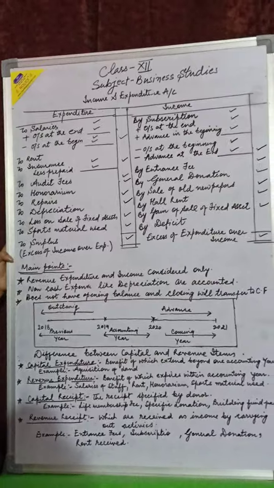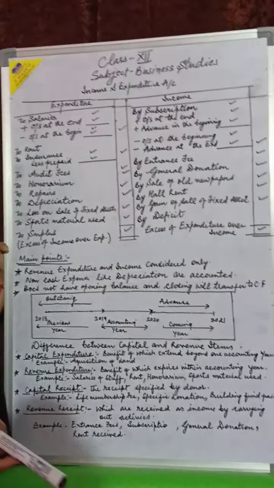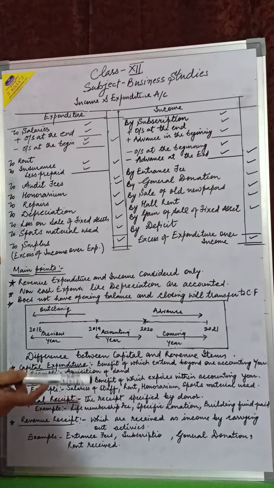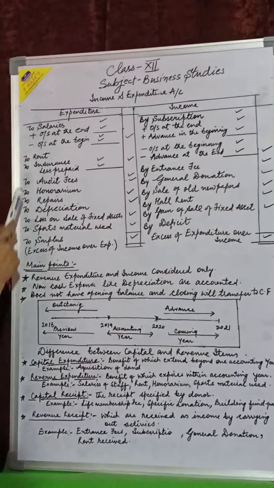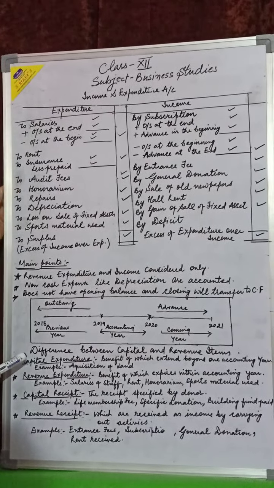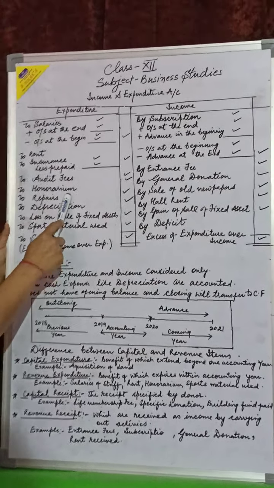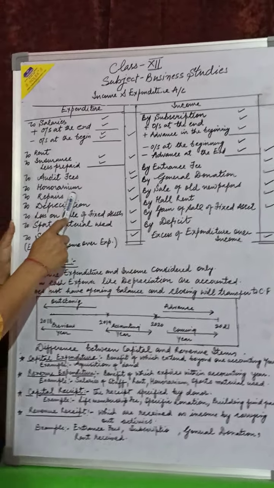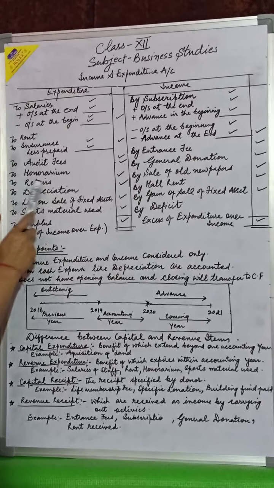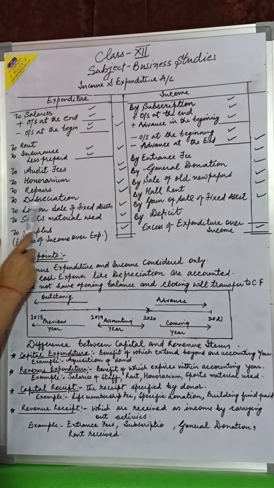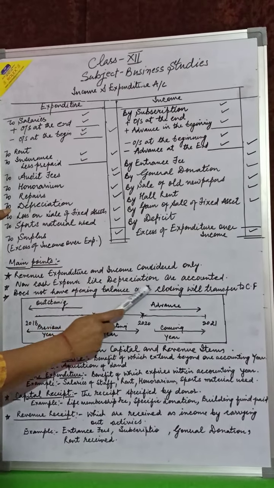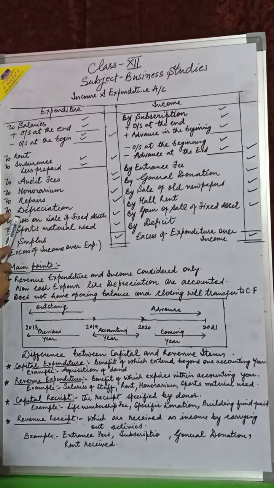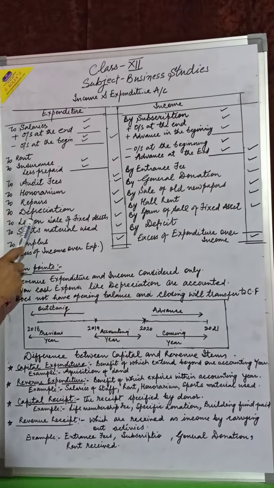As you have already done prepaid and outstanding expenses in the final accounts, here also the prepaid expenses are deducted. Next is the audit fees. Next is the honorarium. The honorarium is also paid, so it is also an expense of the non-profit organization. Next is the repairs. Next is the depreciation. I told you that non-cash expenses like depreciation will also be part of it, so it will also come on the debit side.